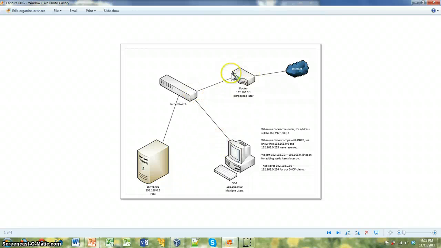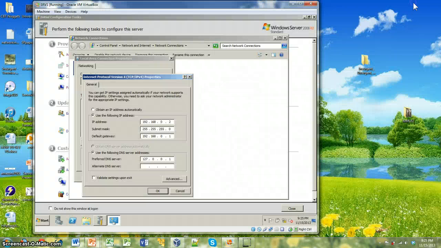Eventually, I want a router connected to it, so that my client and my server can get out to the internet. I know that my router's IP address is 192.168.0.1, so I'm not going to use that address for my static server. I'm going to use 192.168.0.2. The default subnet mask that comes up is the class C, and the default gateway,